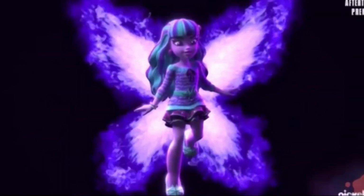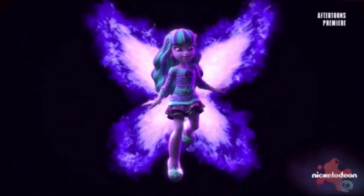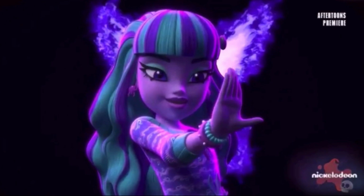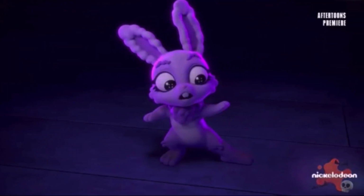I'm sorry, I had to, because this is pulled straight from the Fate: The Winx Saga Netflix series. These wings are exactly what Bloom's wings look like at the end of season 1. So that's just insane. This is giving me full-on Winx vibes. Twyla is a fairy now. Period. But yeah, so she unlocks her inner potential and defeats Dustin and turns him into a cute little